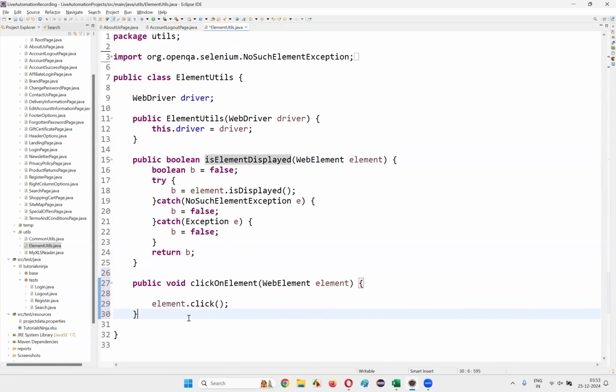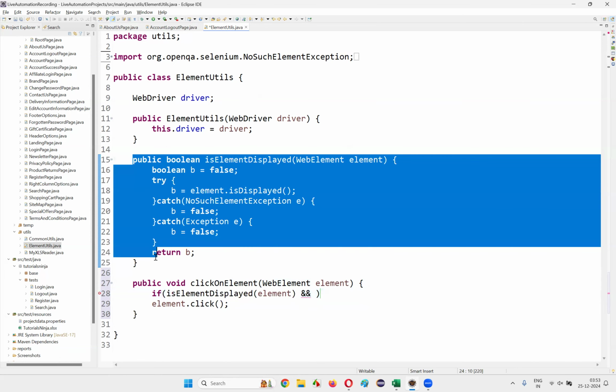So what I will do here is, if the isElementDisplayed method of this element returns true, and also